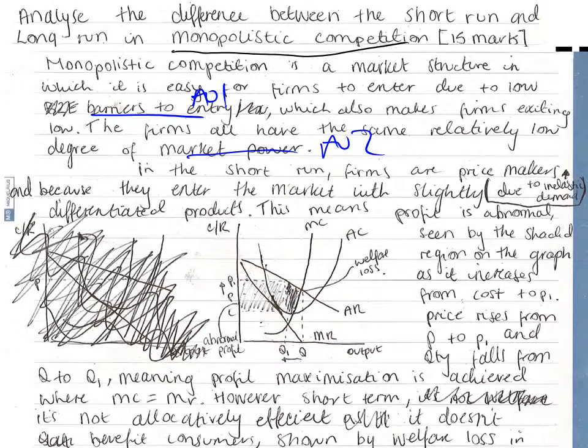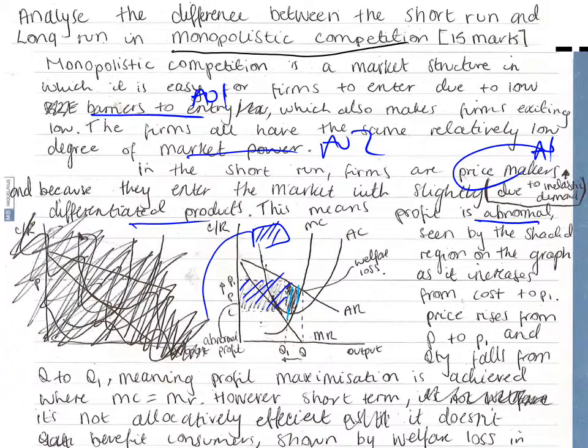In the short run, firms are price makers, and because they enter the market with slightly differentiated products, this means profit is abnormal, as seen by the shaded region in the graph. Again, we've got two shaded regions here, so we either need some differences in the way they are shaded, and then a reference here in terms of abnormal profits,